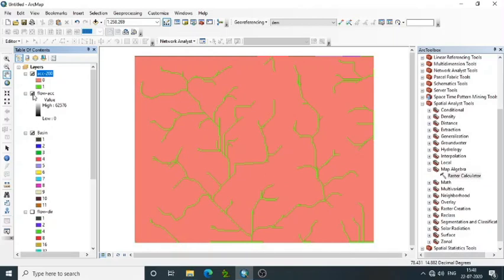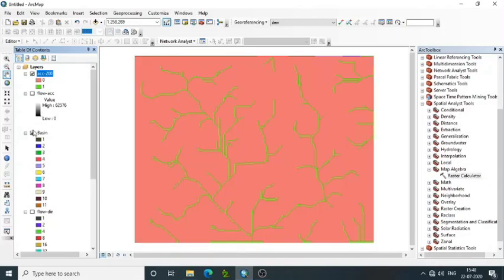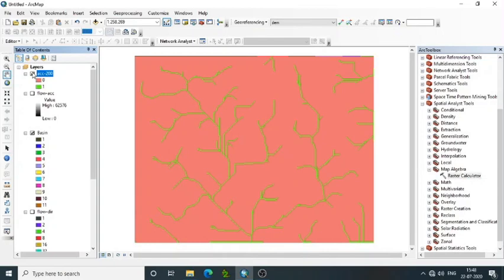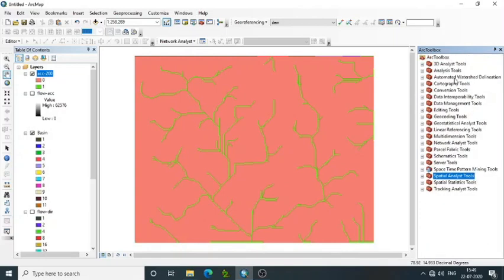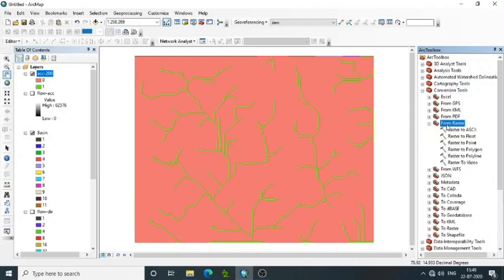Now we need to understand 2 outputs. One is accumulated, it measures drainage data, then second one is basin data. But here we need to understand both the drainage as well as basin are in raster only. So raster data now has to be converted into vector. So we can go for the conversion toolbox, go to conversion tools, expand, then from raster, first raster to polygon. Do remember here raster to polygon.